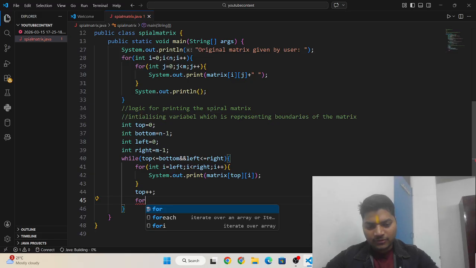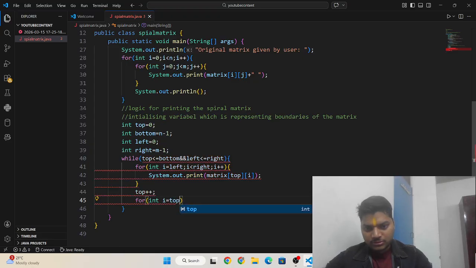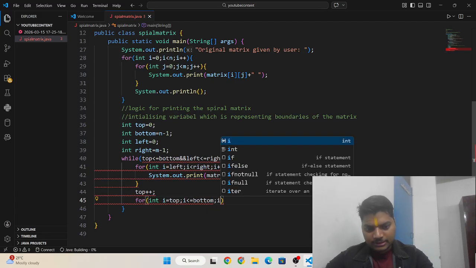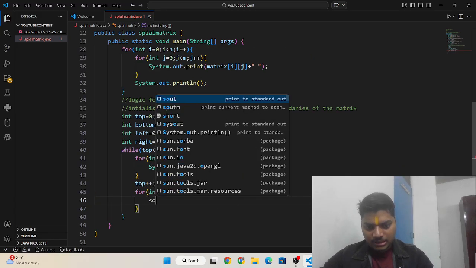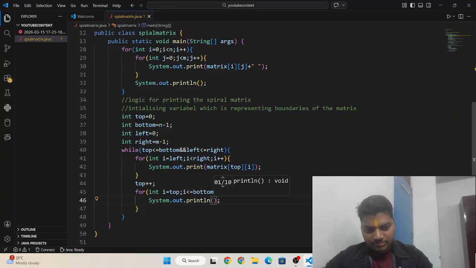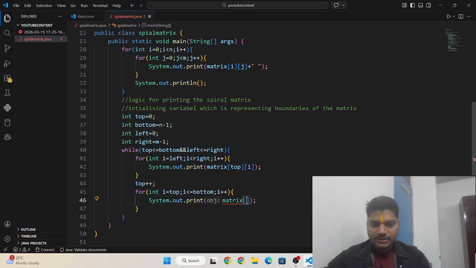After that we need to print the right column. So I need to write here for int i is equals to top, i less than equal to bottom, and i plus plus. After that I need to write matrix i.